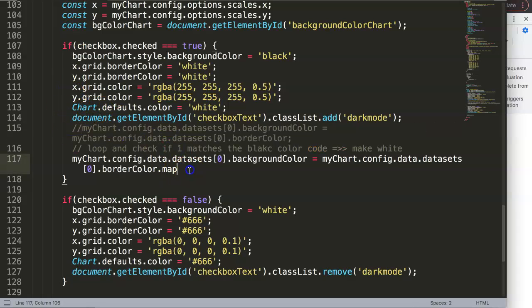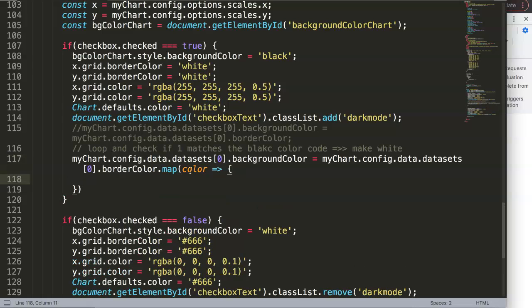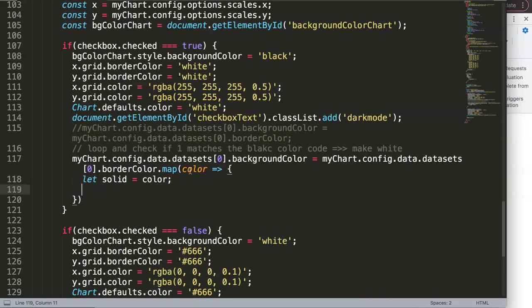I'm just going to comment on that one. What I want to do here, I will say the following. So here color, grab this color, and this color will be doing the following. I'm going to say here a let value which would be solid. So we're going to give this a color name which is solid, and then what I'm going to do here,